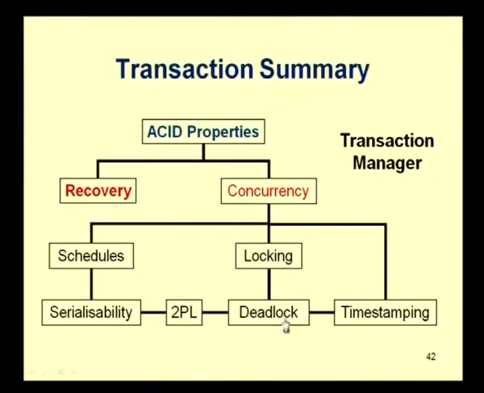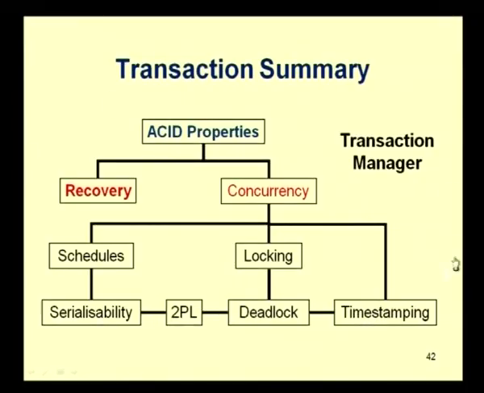Then, in order to do this for deadlock, what we did was timestamping. So, we ensured that the time of the transaction is also considered as a timestamp associated with the transaction. We also associate a timestamp with any data item, that is, for the reading of a data item and the writing of the data item, the timestamp associated is equal to the timestamp of the transaction that did this. With all these methodologies the transaction manager ensured the ACID properties. So, we have looked at concurrency, and we are going to look at recovery in the next lecture.